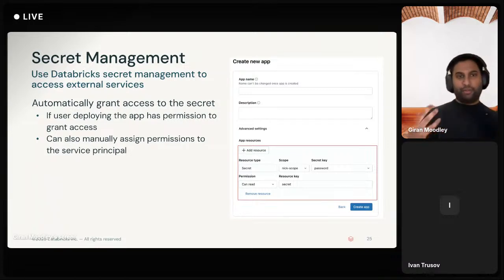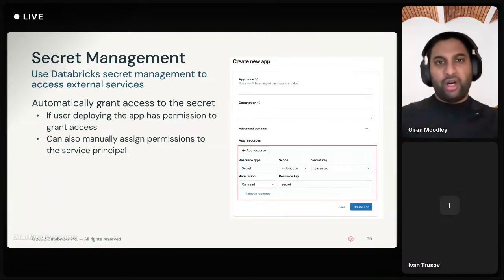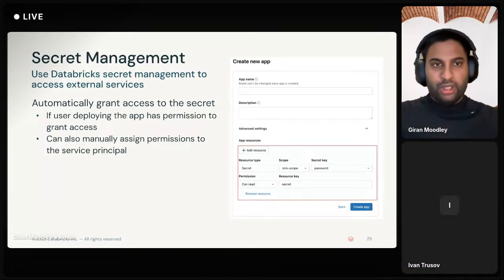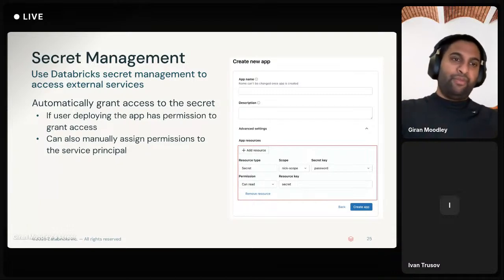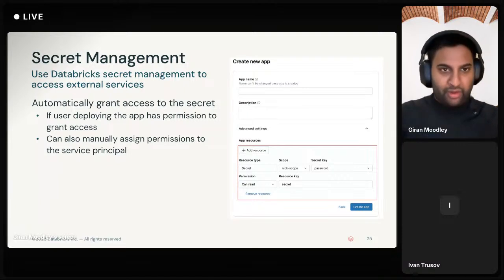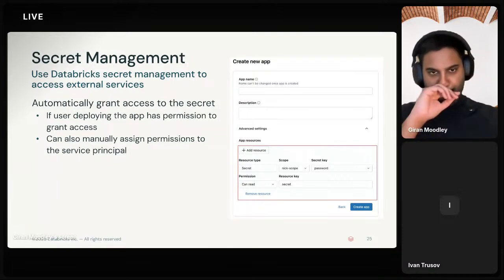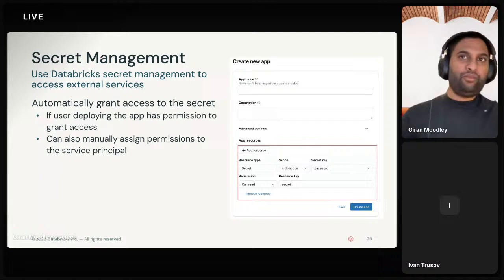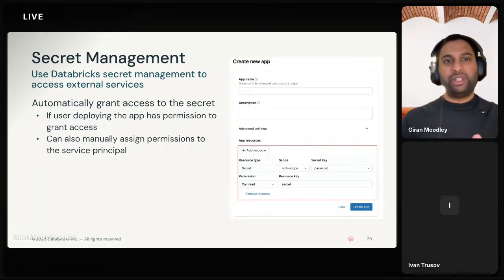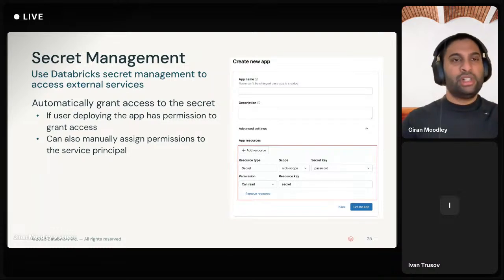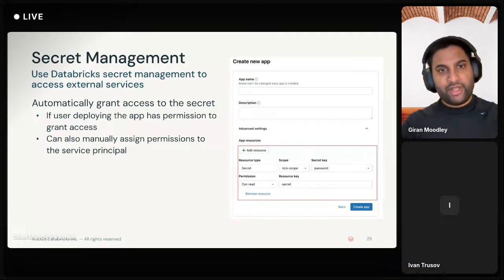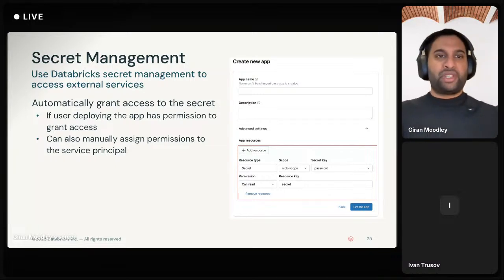So if you deploy something as part of a particular group or on behalf of that application, it inherits the permissions from the creator. So really key to building this model is understanding what those permissions look like and making sure the service principal has the appropriate permissions, not just from a workspace perspective, but also from a Unity Catalog perspective as well.